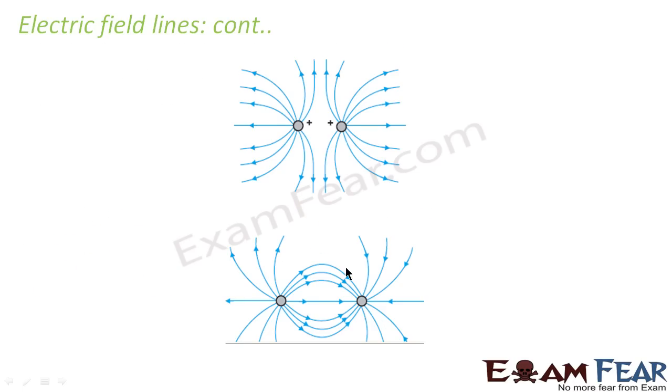Now, let us suppose we have two like charges in front of each other. This is a positive charge, this is also a positive charge. In this case, from this charge also the electric field lines originate, and from this charge also the electric field lines originate. But both the lines will try to be away from each other. That is why they exert some kind of force on each other and try to go away from each other. So your figure looks somewhat like this. As the two charges come closer, their lines of force try to be straight, but due to repulsion they get curved. So this is what they look like.